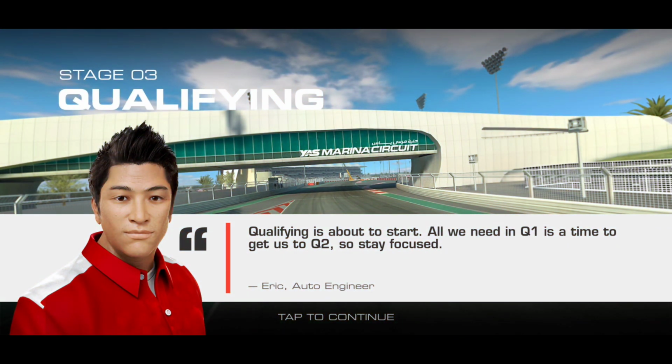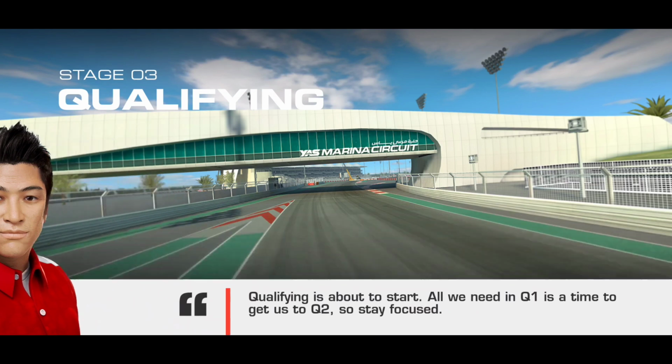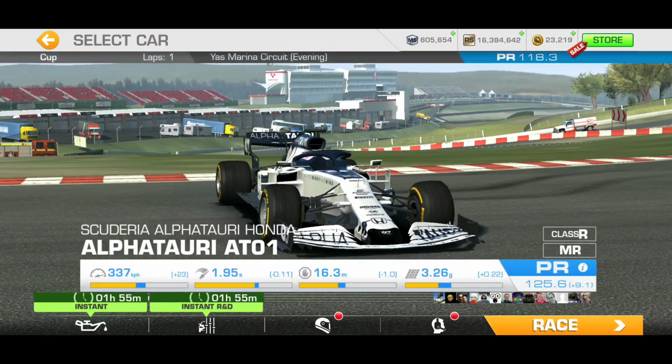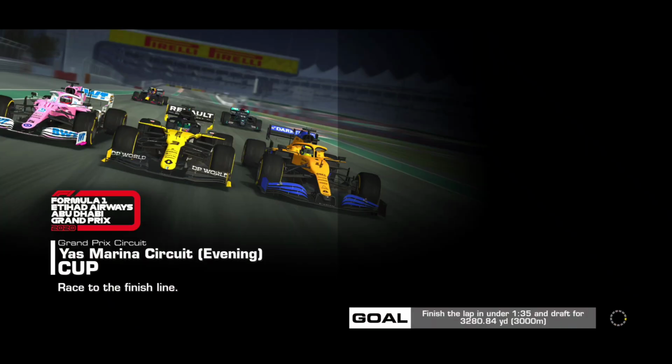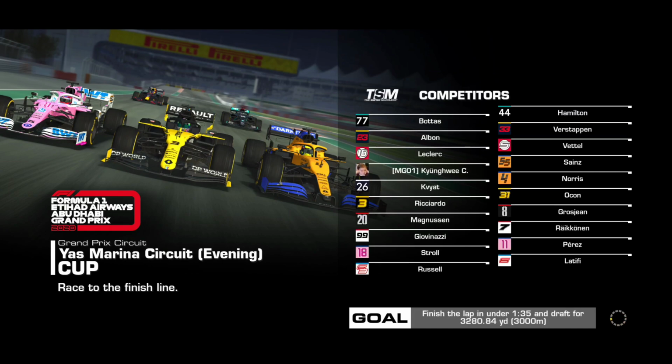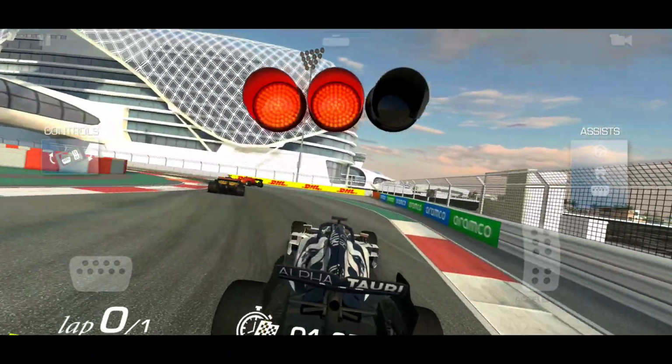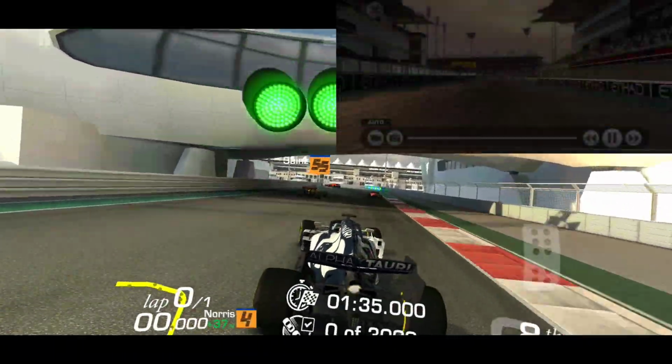All right, let's press on to the next stage, stage 3, qualifying. Once again, 4 goals to complete, 30 gold to skip, so it's getting pricier, so don't do it. These goals are all very easy as long as you can afford them, right? Have enough motorsport dollars and gold in your bank to be able to meet the PR requirement. That is, of course, we covered that in previous